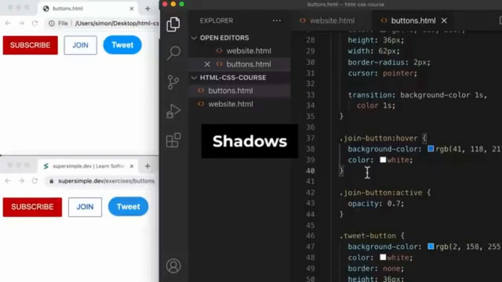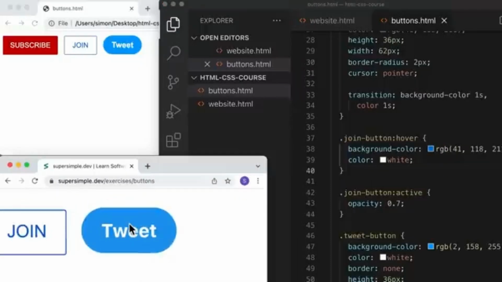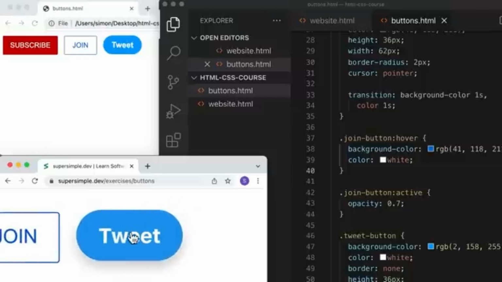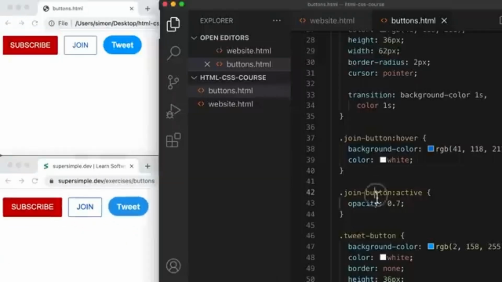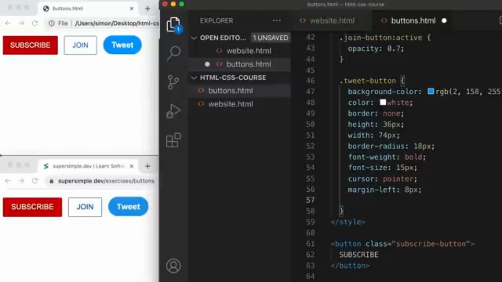The last thing we're going to learn in this lesson is how to create shadows. If we go to our project and we look at our design, I'm going to zoom in here. When I hover over the tweet button, it creates a faint shadow under the button. So we're going to learn how to create this. So let's zoom out for now. We're going to go down to the tweet button styles, and the shadow is just another CSS property. So the property for a shadow is